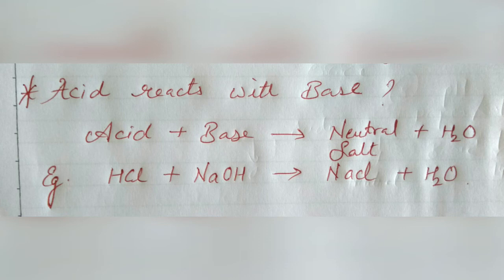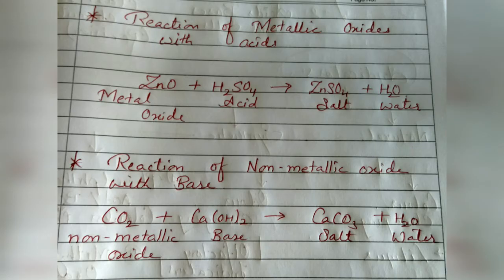Let me tell you, the salt we get is not always neutral. The strength of the salt will depend upon your acids or bases. We have already studied in this chapter that depending on whether the acid is strong or the base is strong, such a kind of substance, that is your salt, will be produced. Slightly acidic, slightly basic, that's the topic we have already done. No worries, in the revision we will talk about this once more.